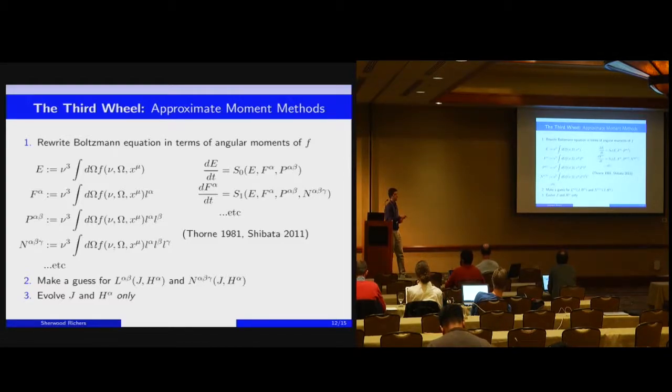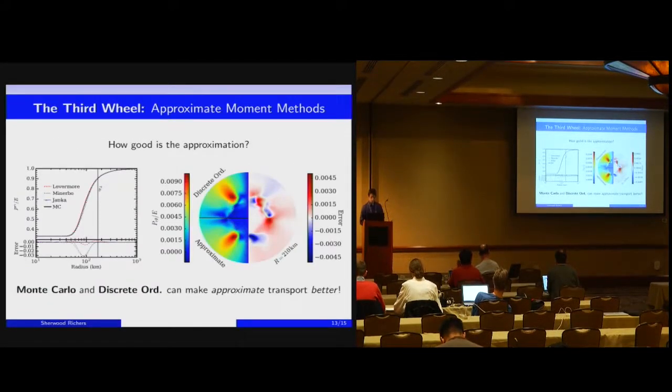You say, I'm only going to simulate the energy density and the flux, and I'm going to pretend that I know what the pressure tensor is. The idea is that we can use these very accurate simulations both to assess the accuracy of these approximate methods and to inform them, to make much more reliable simulations in the future that have accuracy comparable to the higher order methods with the speed that these low order methods provide. So just to give an idea of how well they compare, this is, again, this radial RR component